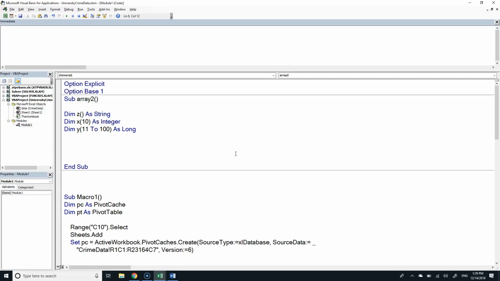Okay, so the question is, if I have an Option Base 1, does this become static? And the answer is, this is a static array regardless of what the base is. There are two inferred bases you can have. You can have your array start counting at 1 or start counting at 0. You could write Option Base 1, you could write Option Base 0. And all it says is, if I only put one number here, what is the inferred lower boundary? Yeah, well, no, in this case it's 1 because it's Option Base 1. If it didn't have it or said Option Base 0, this would start at 0. So Option Base says if you only give me one number for the dimension, that's always the top index, what's the bottom index?